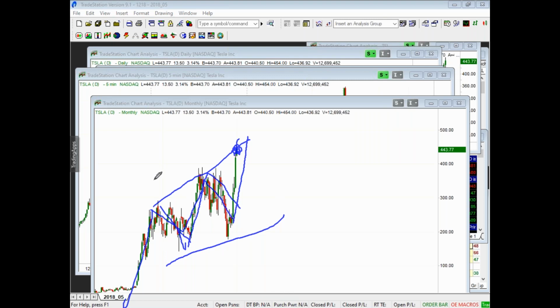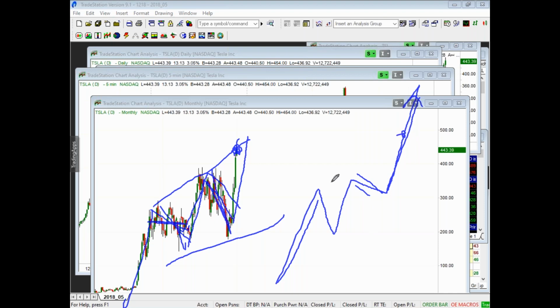The interesting thing on this as a tilted Phoenix on the monthly time frame is it started with a time correction and then went to a price correction. The most predictable ones are the reverse, where they start with a price correction and then go through a time correction. So they'll go like this. Those are the ones that you're most likely to get a measured move, like that to that. But you still have to watch them where they're right at that 100% here to here